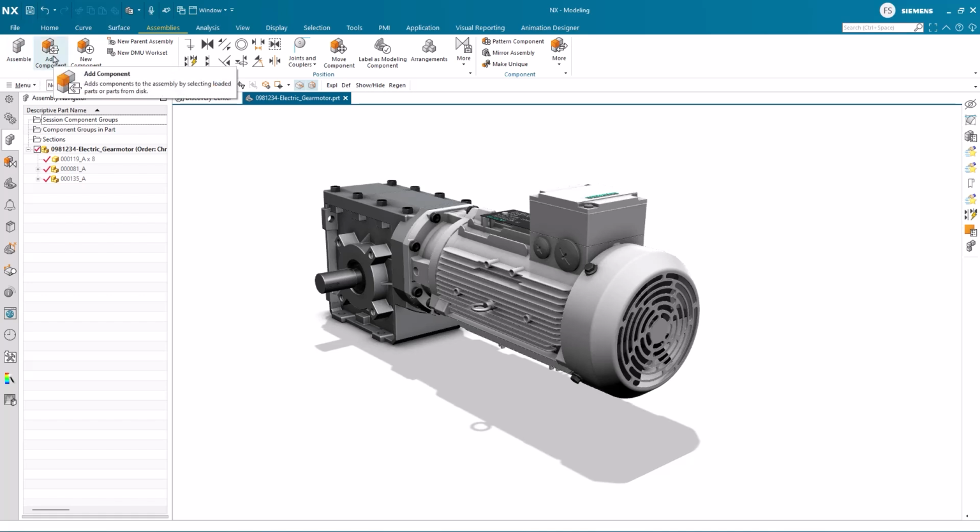Assemble will add a part as a component to the assembly and directly provide you with dictating the positional behavior of the component. This is very beneficial when you have non-complex relationships between the interacting parts in the assembly. When adding one or more parts to be positioned in a more complex way, you would consider adding the parts using Add Components, and then choose the relationship in the position group on the ribbon bar.